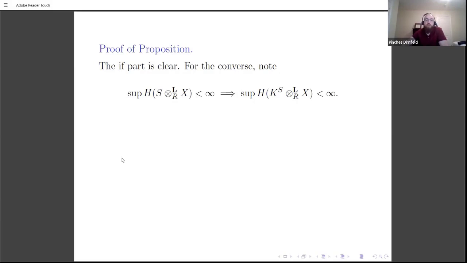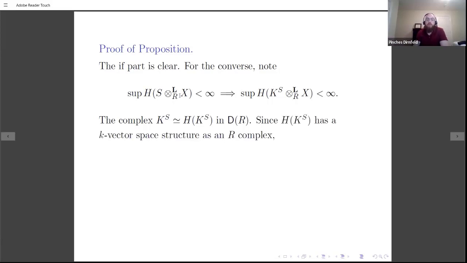For the converse, we know that if I look at the supremum where the homology of the derived tensor product is non-zero, if that's finite, then tensoring by K^S, which is just a complex of finite projective dimension, is also going to have bounded homology, right? But the complex K^S is quasi-isomorphic to its homology in the derived category, because the action factors through the residue field. So really,